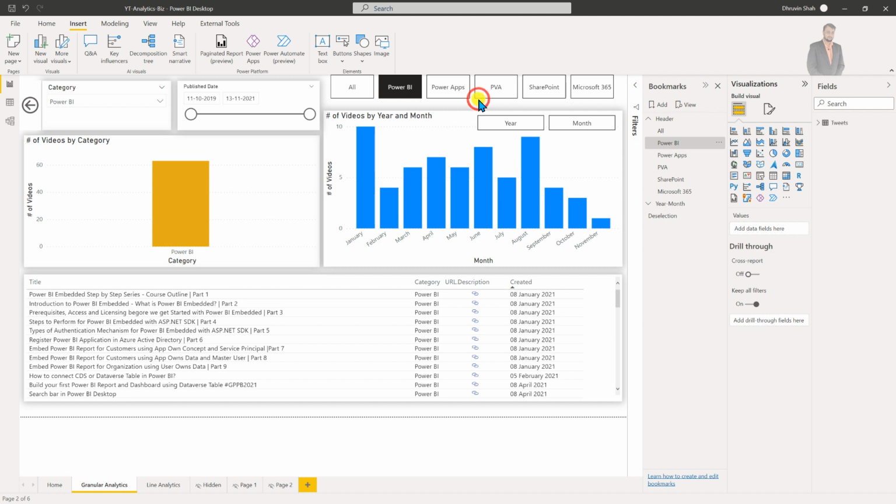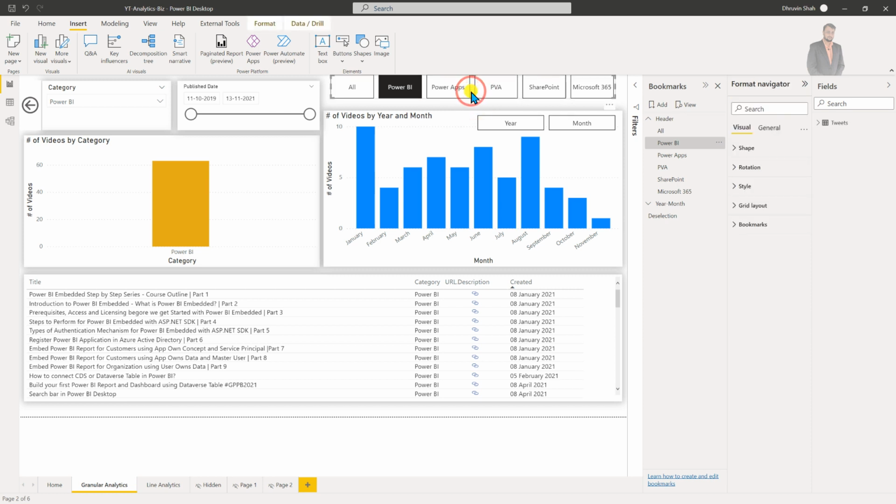For that, just select your navigator, and over here there is an option, allow deselection, and if you select that, you just need to select which bookmark you want to show as a part of deselection. So I'm selecting this and basically it will show that page for me.